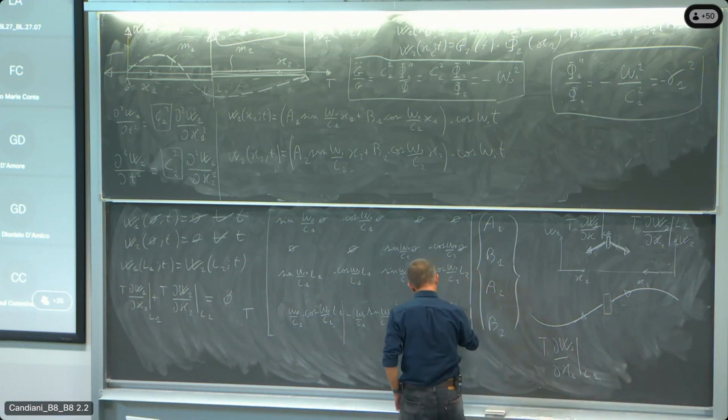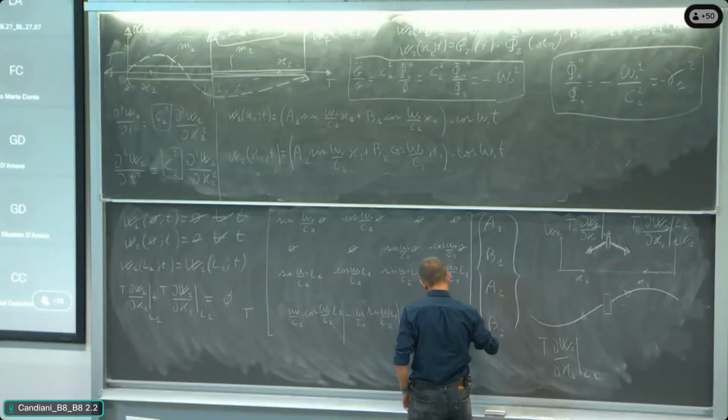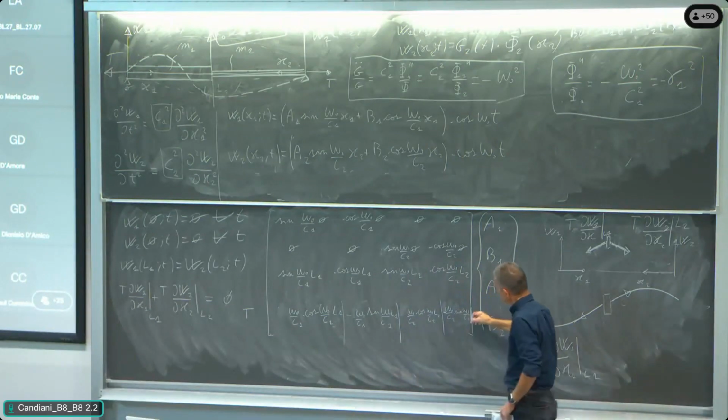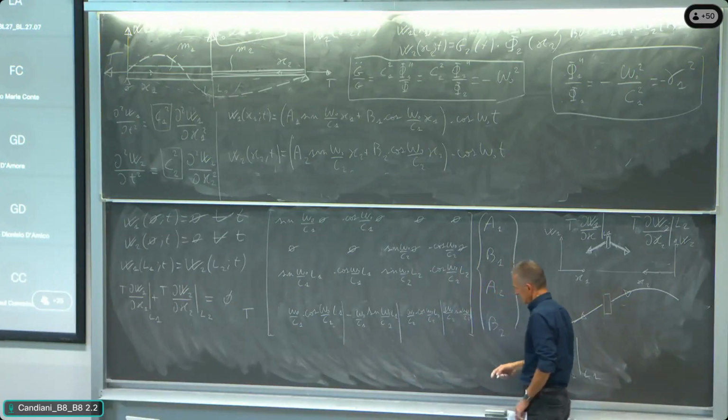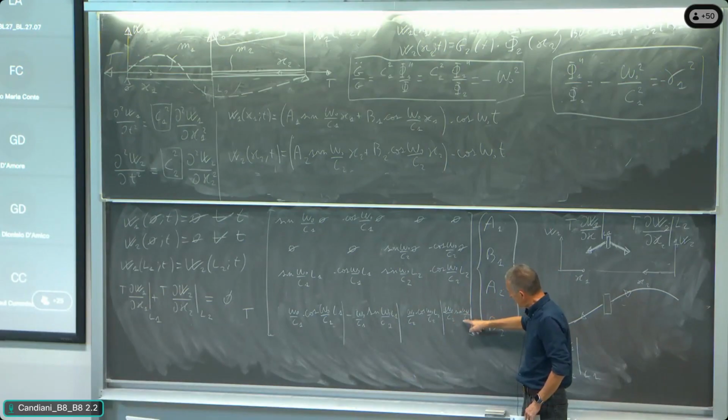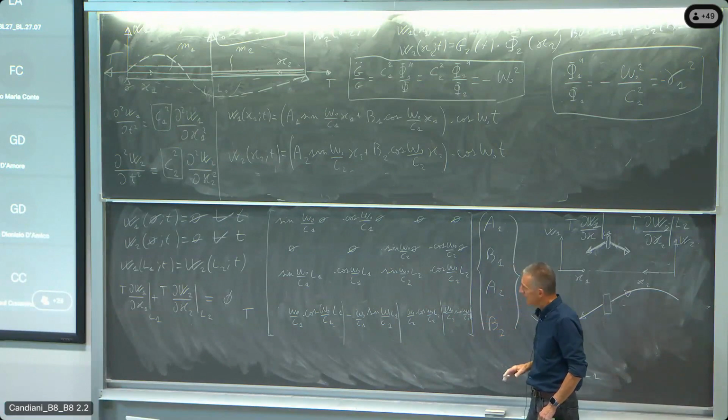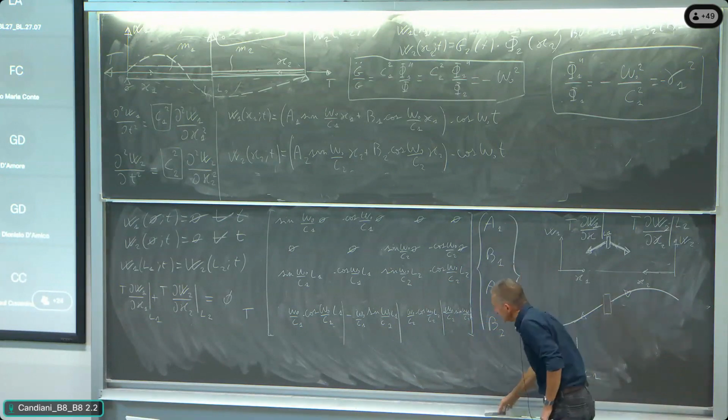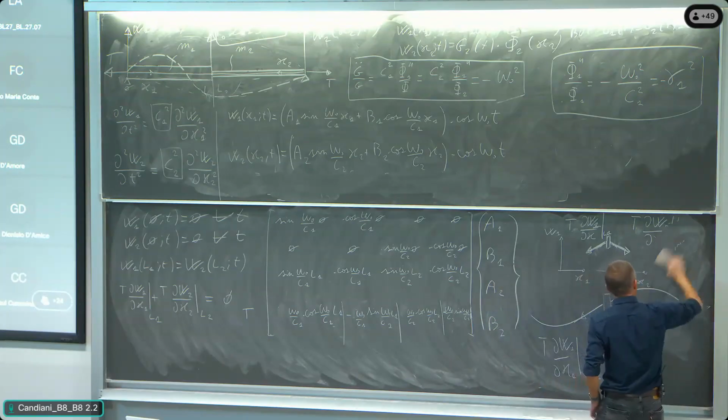So here we can write omega 0 divided by C2 sinus, cosinus minus, this is minus sinus omega 0 divided by C2 L2. All right, anyway, in the slide you have everything very well written. And so here is minus omega 0 divided by C2 sinus omega 0 C2 calculated at L2. All right, well, so what is interesting that we must